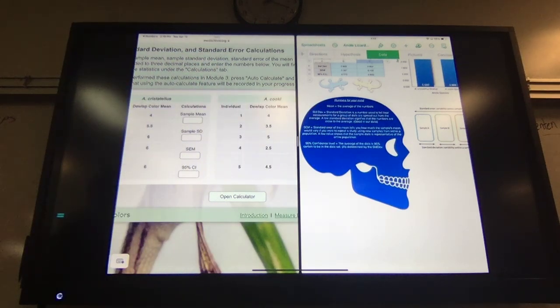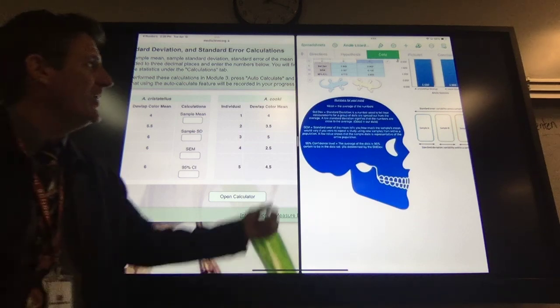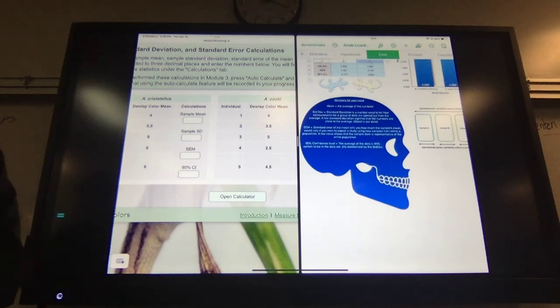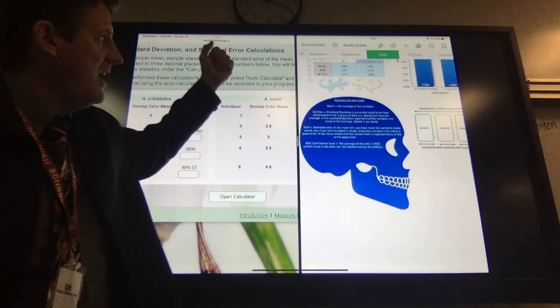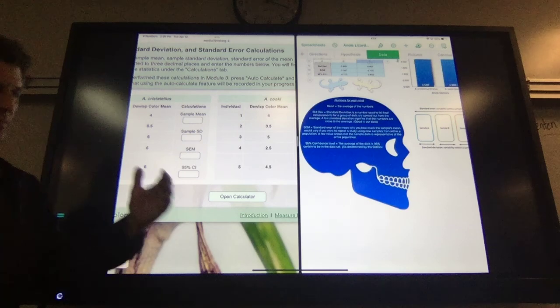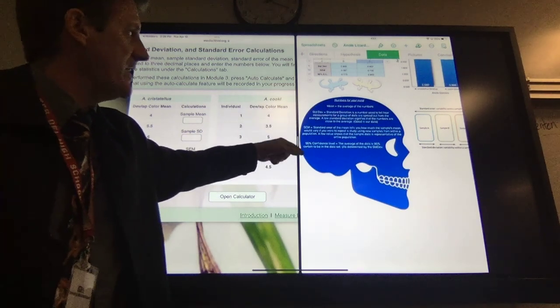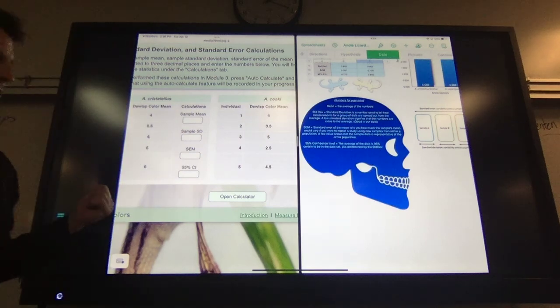Like, my brain can't hold that. So you can take a look at it. I even Googled it. I said, define this in layman's terms, because sometimes it's too much. So the mean is the average, the standard deviation is how much the number varies from the average, and then you get into a standard error of the mean, which tells you,